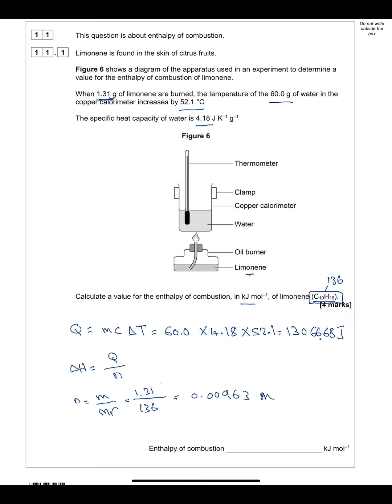0.00963 moles. And finally, let's calculate the delta H, which equals Q over n. Let's first use the value of Q as joules and find the value in joule per mole. And then we need to change that into kilojoule per mole and put the sign, which is going to be a negative sign because this is an exothermic reaction. So Q is 130,66.68 over the number of moles, 0.00963. That will give us the value of